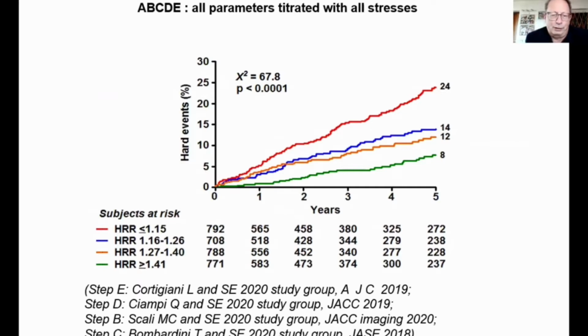All these parameters, each and every one of these parameters, can be titrated with different grades of severity. And this is true for A, the Asynergy. We know this since 40 years, that the peak wall motion score index stratifies the severity of prognosis much better than simple presence or absence of inducible regional wall motion. But this is also true for coronary flow reserve, for B-lines, for contractile reserve, and even for the least obvious of all these parameters, which is heart rate, in this case during dipyridamole stress echo,